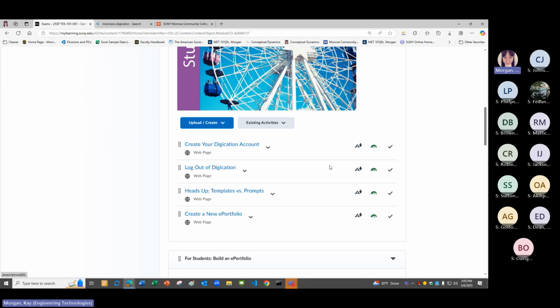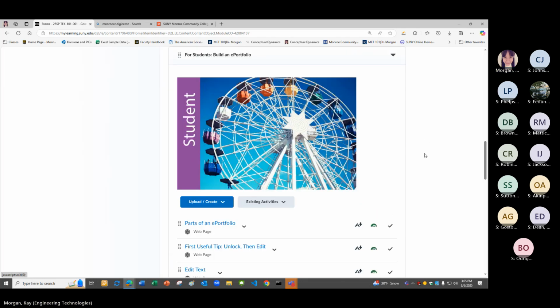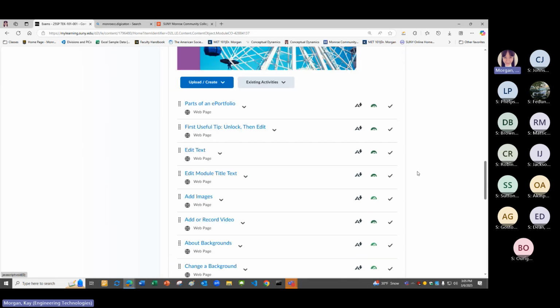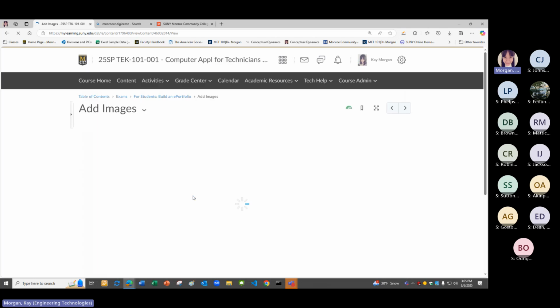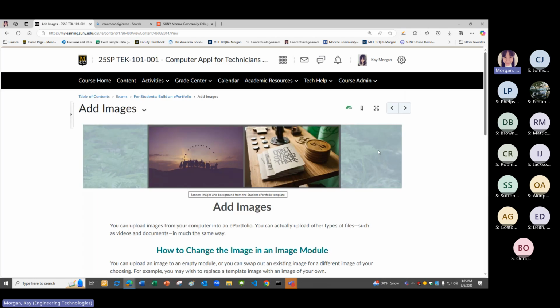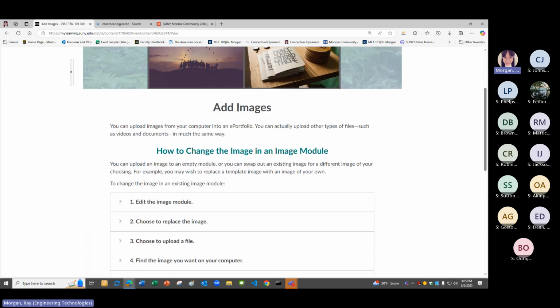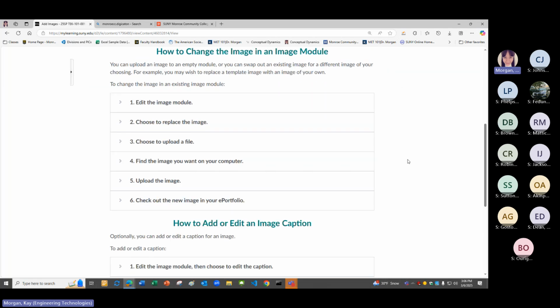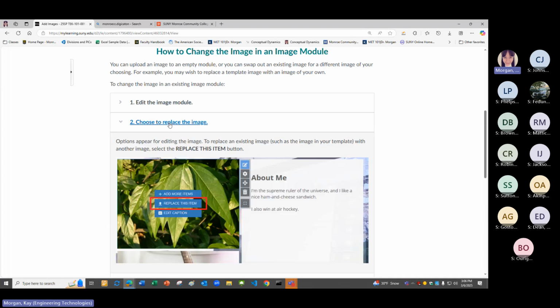They are provided and created for you by what we call our virtual campus here. For example, adding images to an e-portfolio: it talks about it, and then there are more submodules, editing the image, choosing to replace the image, and you will actually see